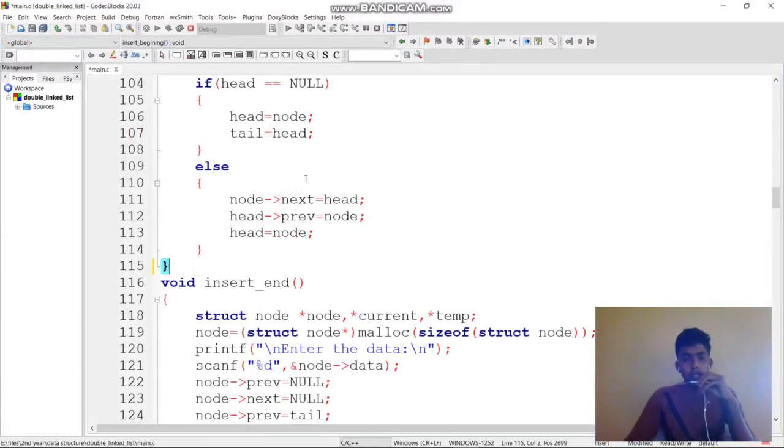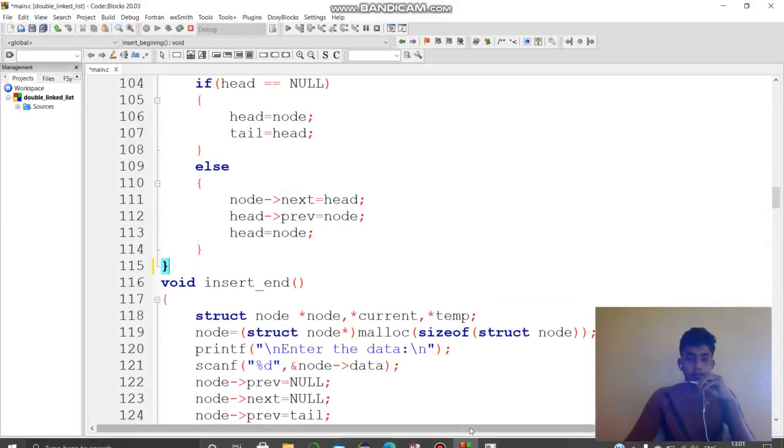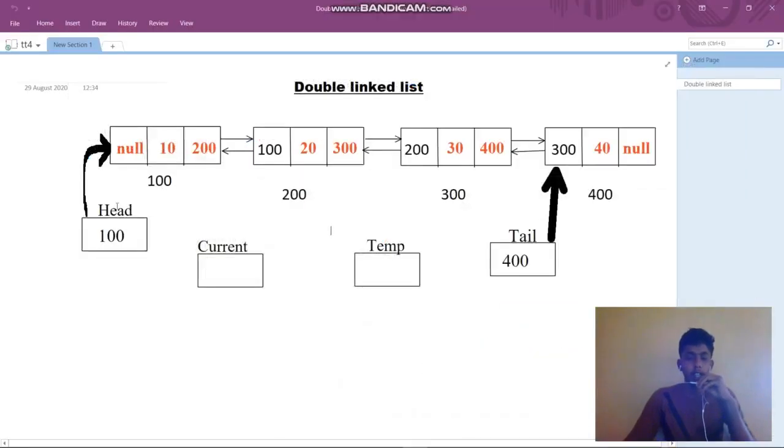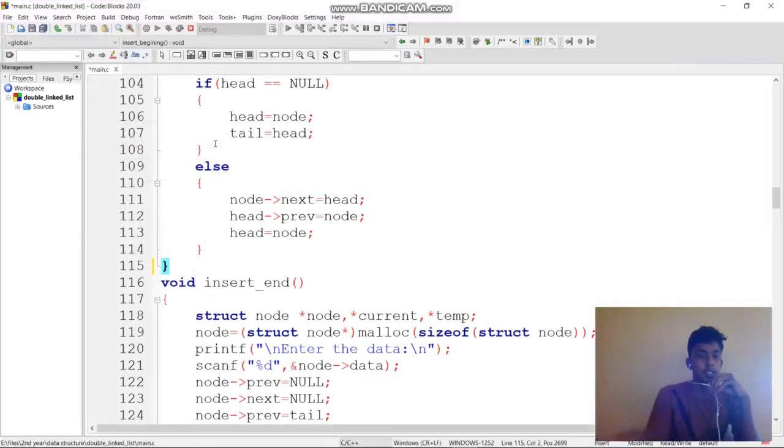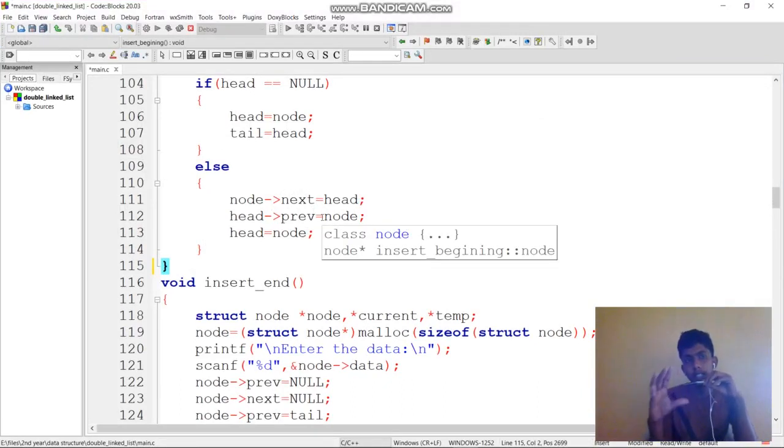Now node of next equal to head, that means node of next will be head. Head of previous equal to node, head equal to node. That means initially you have created a node, and its next part will be initially null. Now the next part you are going to assign as head.